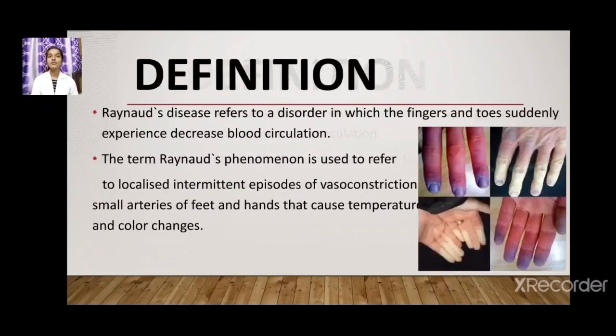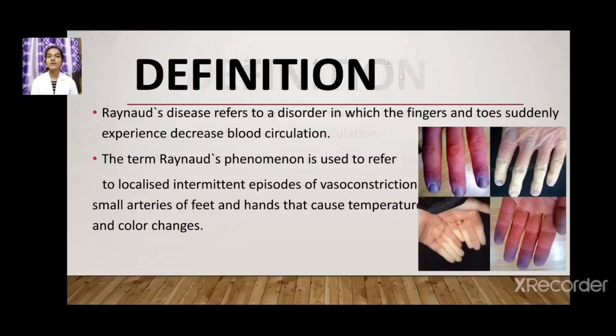Now the definition of Raynaud's disease. Raynaud's disease refers to a disorder in which the fingers and toes suddenly experience decreased blood circulation. In Raynaud's disease, vasoconstriction occurs, meaning the vessels get constricted, or vasospasm occurs, meaning the vessels get narrowed. Due to that, the alteration in the blood supply causes a sudden decrease in blood circulation in the fingers